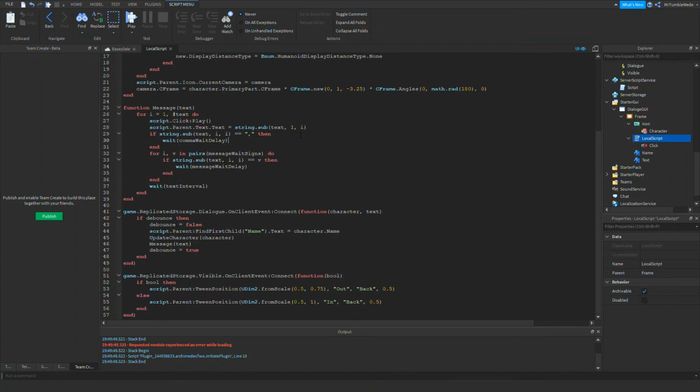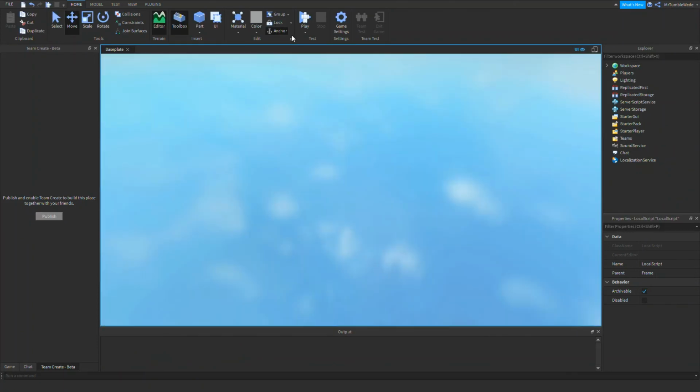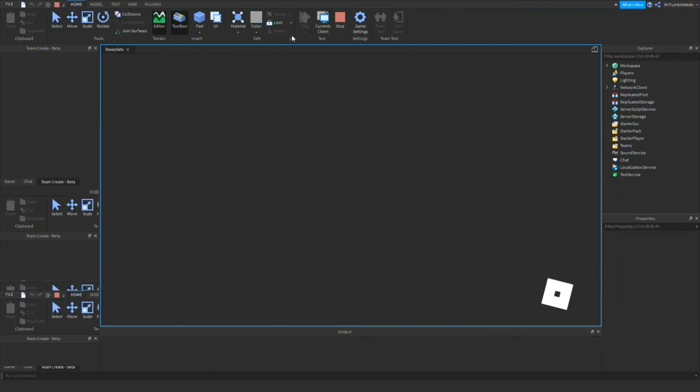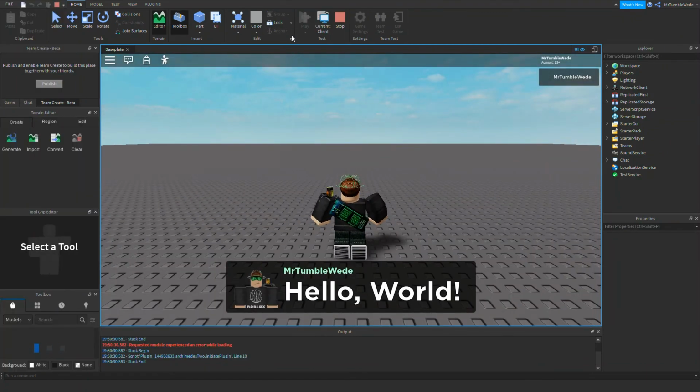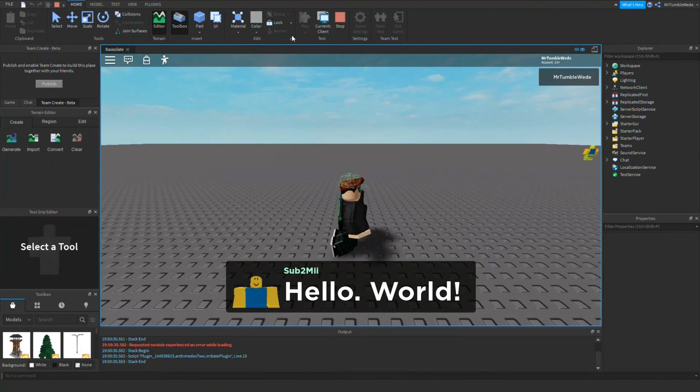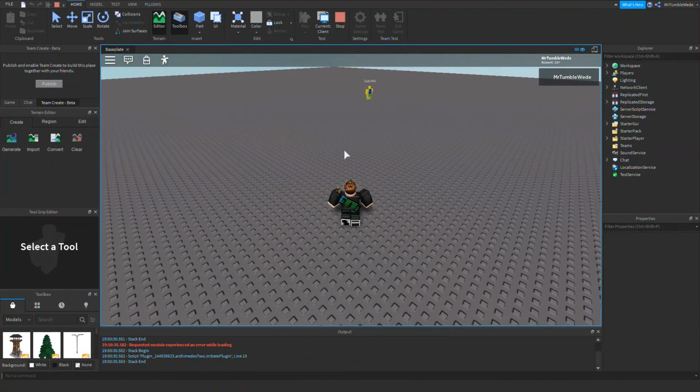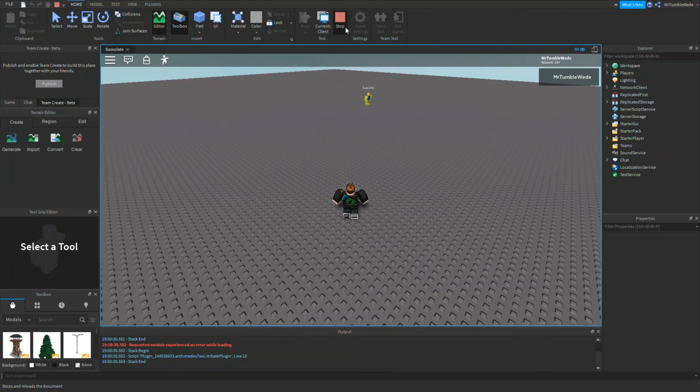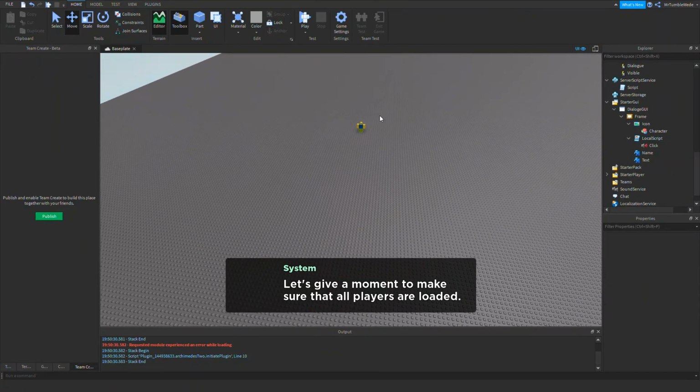So I have found the problem. The reason why it wasn't working was because of my variable. I used for i, v in pairs. This part is fine, but for this part, we already have an i here. And if we just set that to underscore, then it will work. Sorry for the inconvenience, but yeah, we all have trial and error sometimes. And now it's working. So I hope you like that Dialogue GUI tutorial.